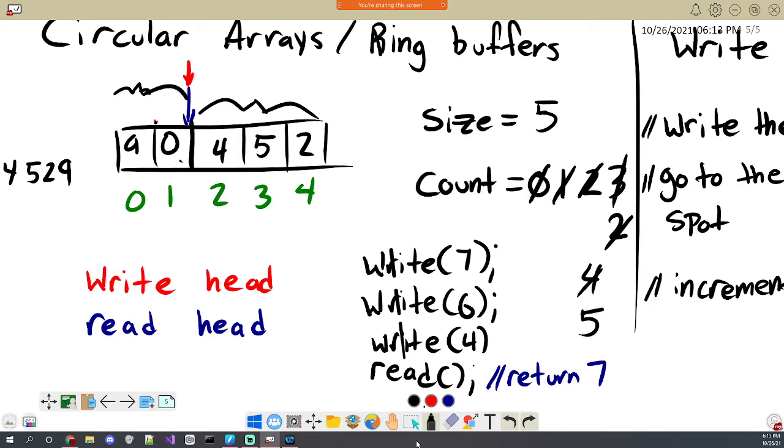What's my issue if I use that as my condition to check if this thing is full? I guess another question would be, is there any other point at which the write head and the read head might be on top of each other, but the array might not be full?